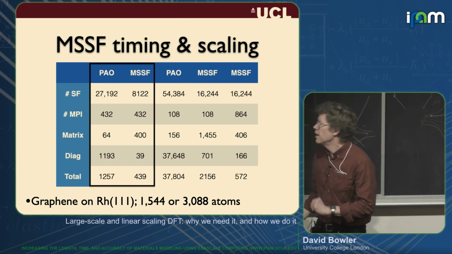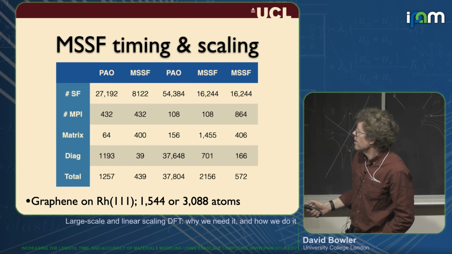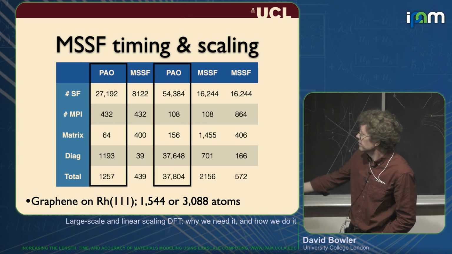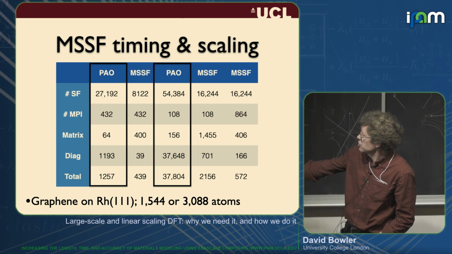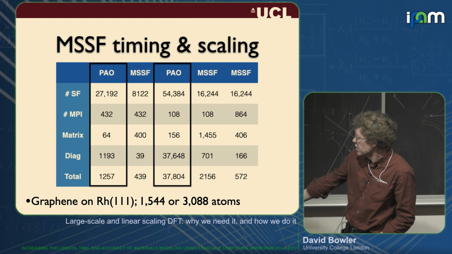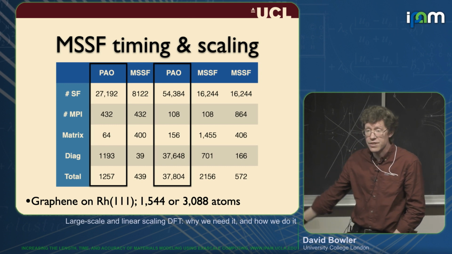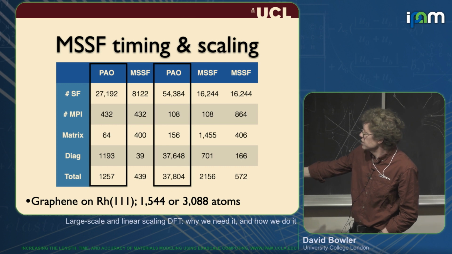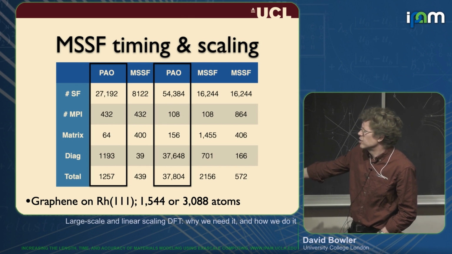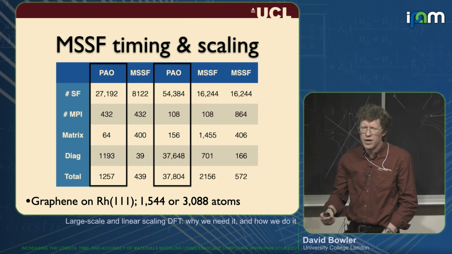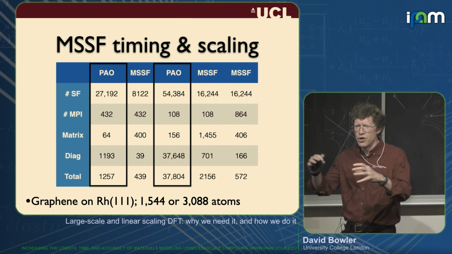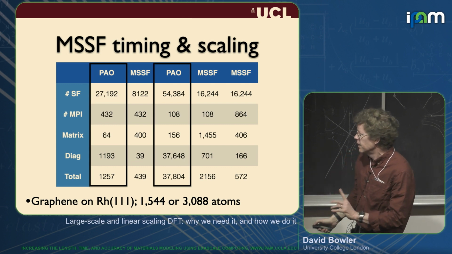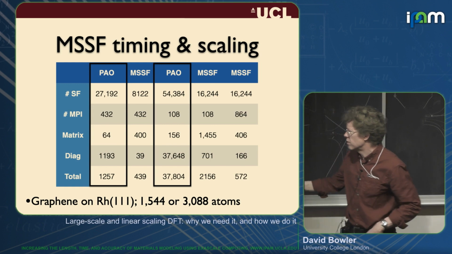That's quite nice. Now let's think about what happens if we go to a larger system. This now is contrasting two full PAO calculations with either 1,500 atoms or 3,000 atoms. So we double the number of support functions. I still haven't got to the bottom of why they reduced the number of MPI processes. It was something to do with node loading and total memory, but it makes the numbers worse, so I apologize.